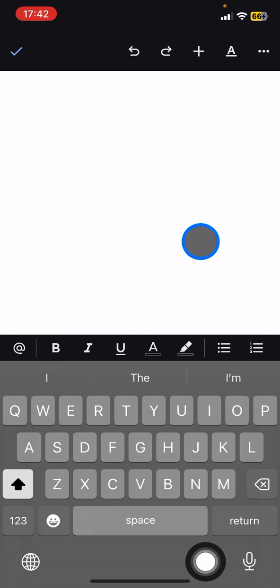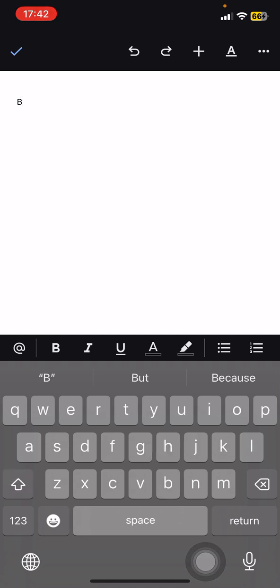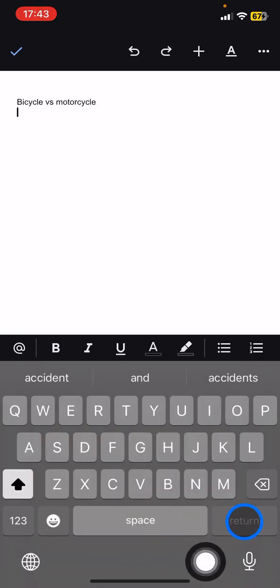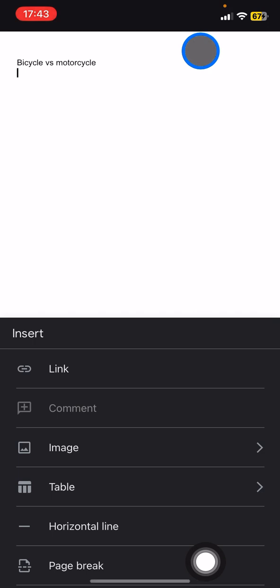So the first thing we need to do is add the table, since we want to create a comparison table. But before that, I would like to type the title first. Let's say here we want to compare the bicycle versus motorcycle. And then let's just click return and click this plus button, and there will be a table